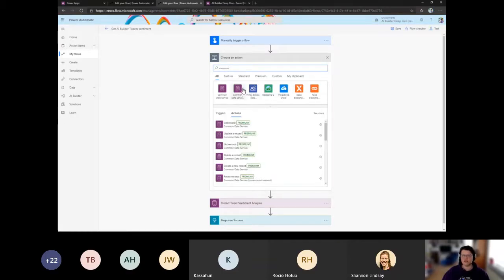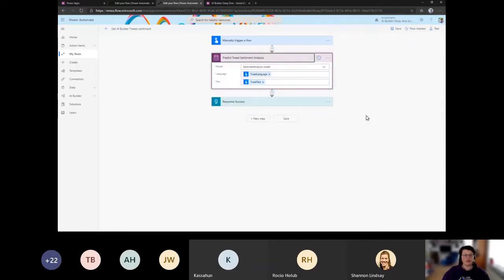One thing you need to know about this connector is that you can only use it when your flow is inside of a solution. So if you don't find this connector when you type in common, and you only find the other one, that means your flow is not part of a solution. So this is what the flow is.